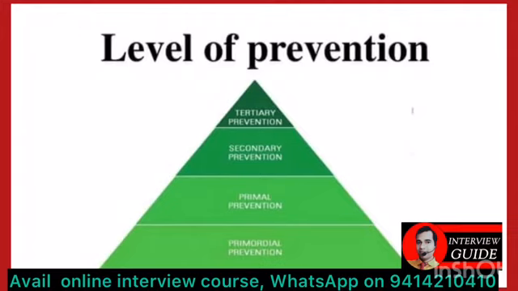Some examples for primary level of prevention: almost all vaccines given are examples of the primary level of prevention, like measles given at 9 months of age. We also give BCG, DPT, DT, hepatitis B vaccine, TT, rabies post exposure and pre exposure. All of these come under the examples of primary specific protection. But if we give the BCG vaccine in treatment for bladder cancer, that comes under the secondary level of prevention.